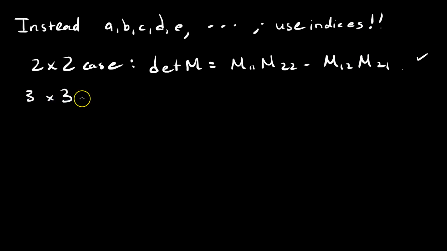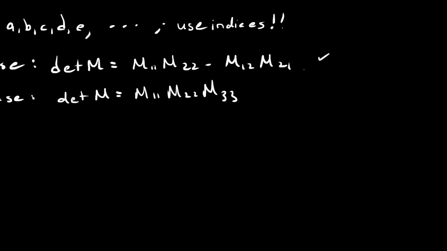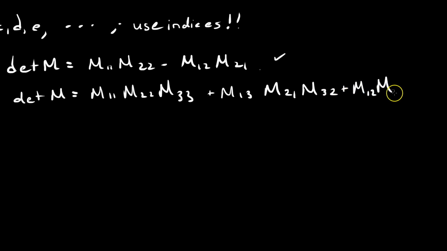Okay? 3 by 3 case. I'm going to write it down for you right now. The determinant of m is going to be this: m11 m22 m33. And then we're going to have m13 m21 m32. Then we're going to have m12 m23 m31,